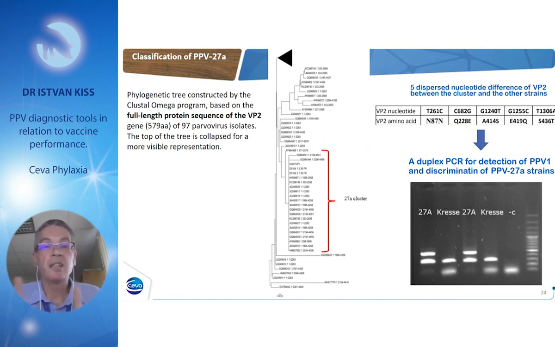Importantly, they are dispersed, meaning they are not next to each other. It is very difficult to target them by PCR, but we managed. So there is now a discriminating PCR, actually a duplex PCR, that will tell the investigator if PPV1 is present in the sample, or PPV1 and 27A at the same time. And now we just started using it for